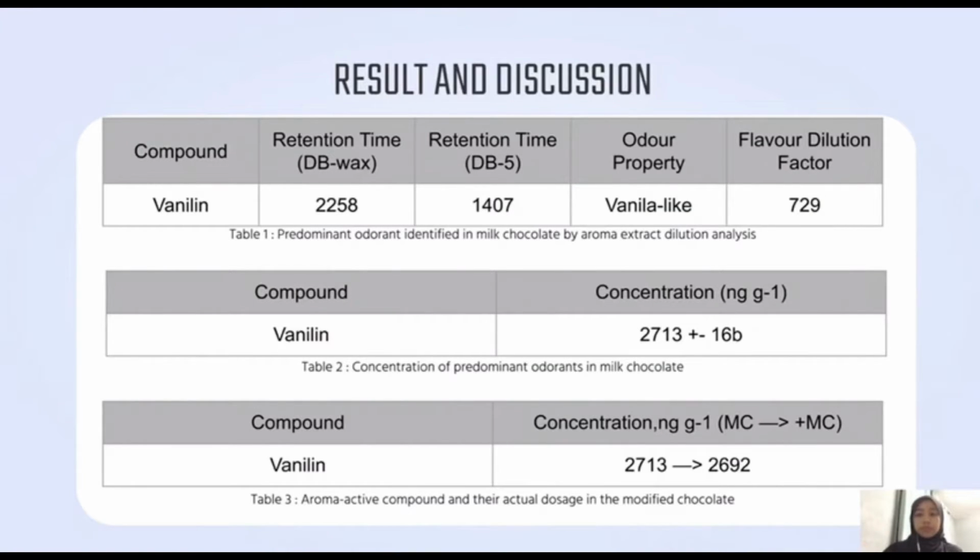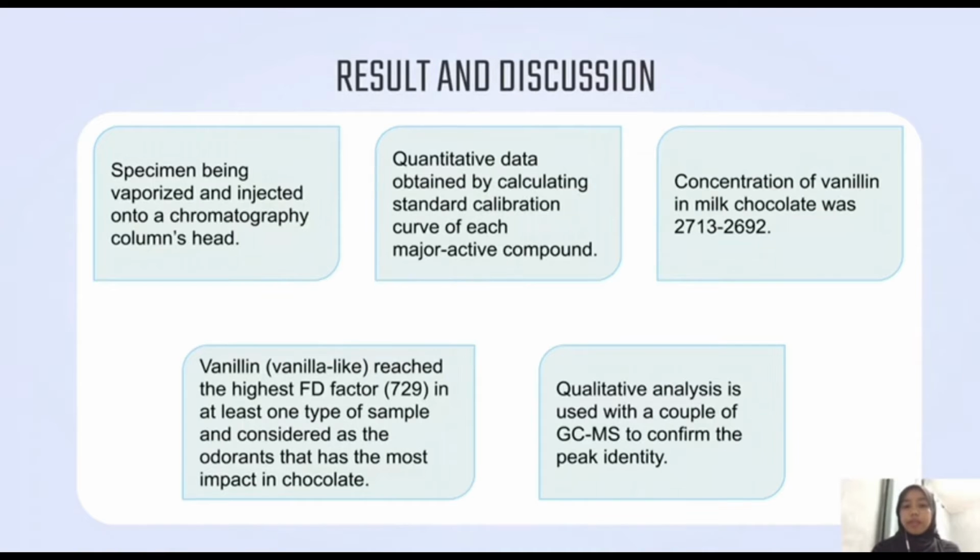So for this experiment, the specimen is vaporized and injected onto the chromatography column's head. Quantitative data is obtained by calculating a standard calibration curve of each major active compound. Third point is the concentration of vanillin in milk chocolate was 2713 until